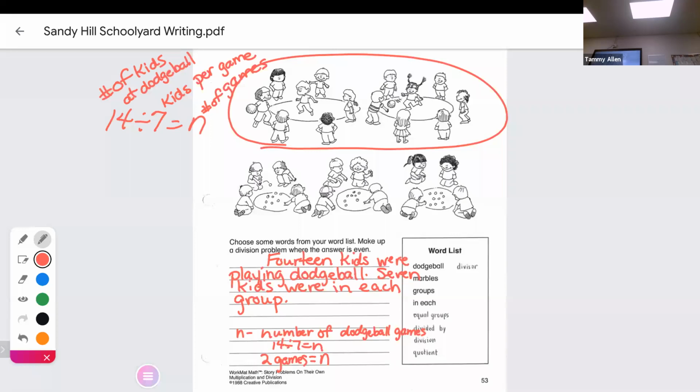Are we ready for the question? No. Go for it. How many number of games are in total? What was that? In total? Yeah, not in all. How many games are being